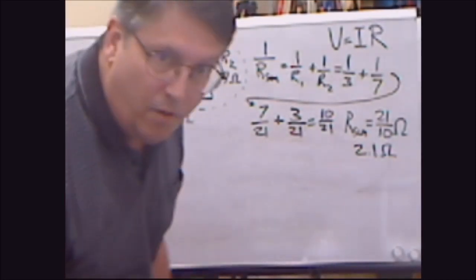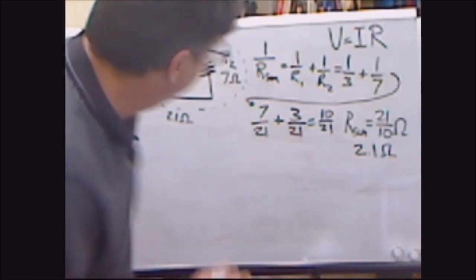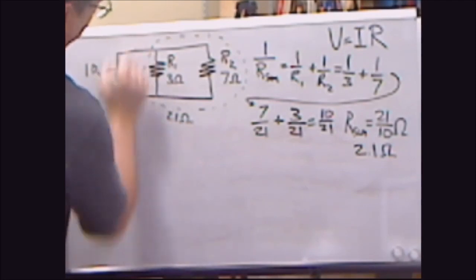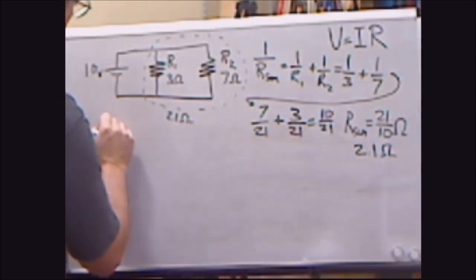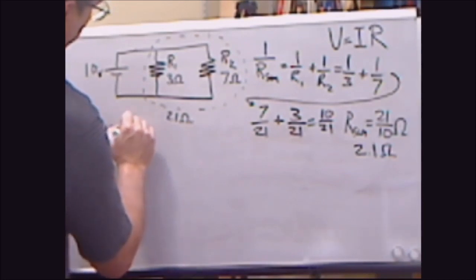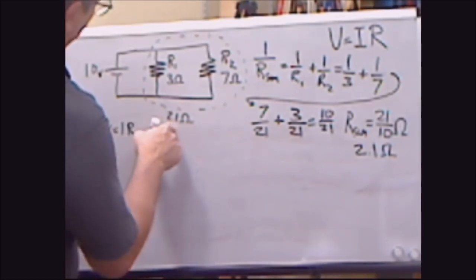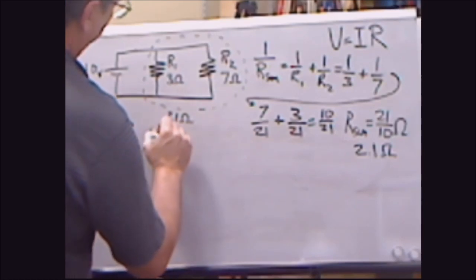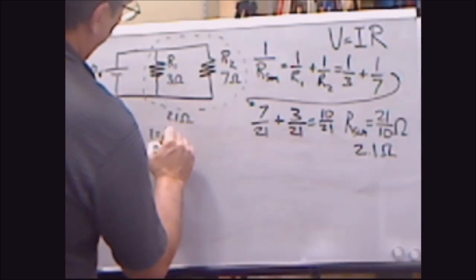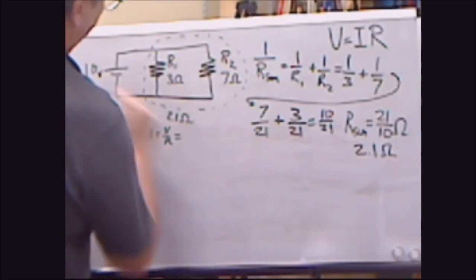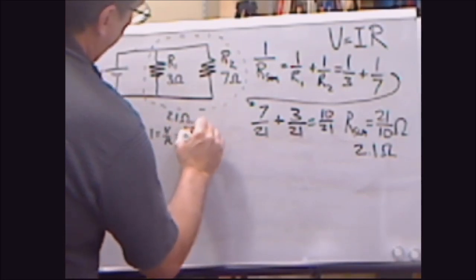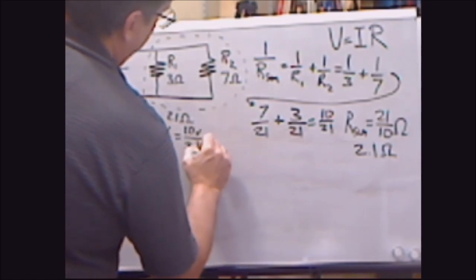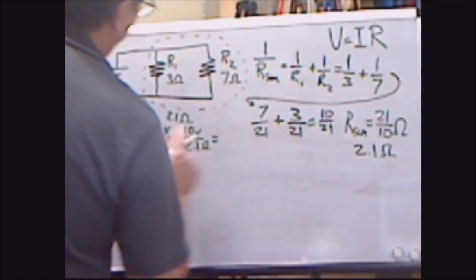So now we can figure out the amps right here and coming across here and here. So V equals IR, as always. We know the R and we know the V, and we want the I. So I equals V over R equals 10 volts over 2.1 ohms equals,